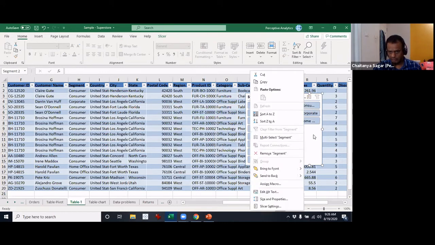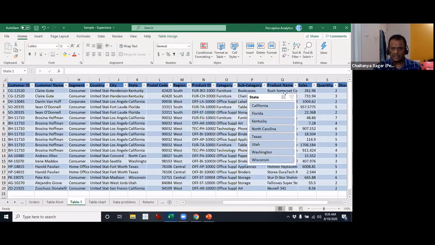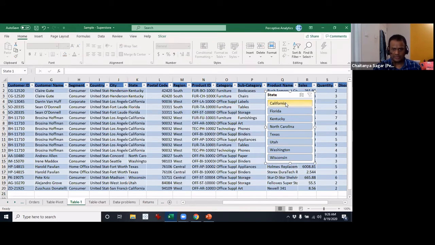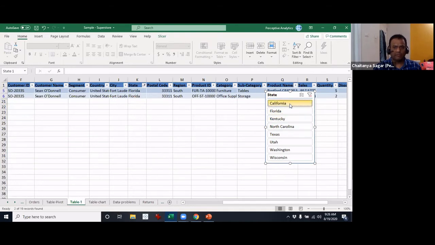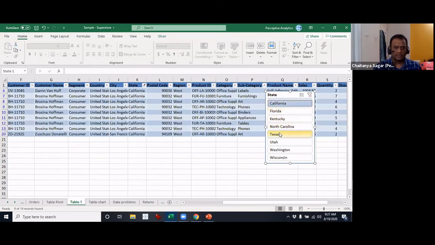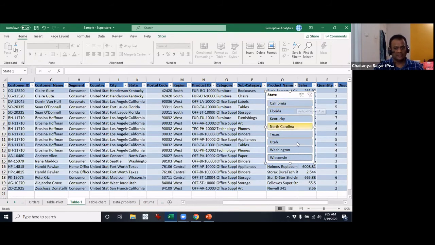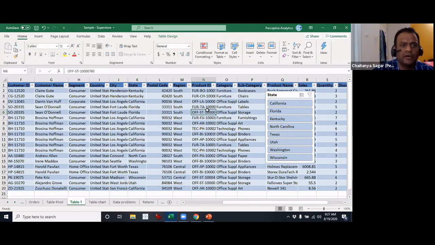I'm going to delete this for now. Remove segment. I think I inserted this one just now. Let me just do that right here. Okay, there you go. And you can click on this. So this is a way for you to filter data. Shravan, as an example for you, you can potentially use this. Remember, sometimes we look at how many are in this specific stage, interview stage, how many are in a different stage, like one-day testing or whatever. Then you can actually use this to filter the data very quickly. So this is so far as this one is concerned.